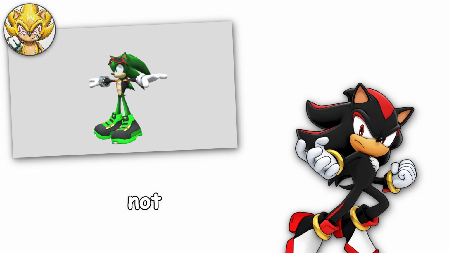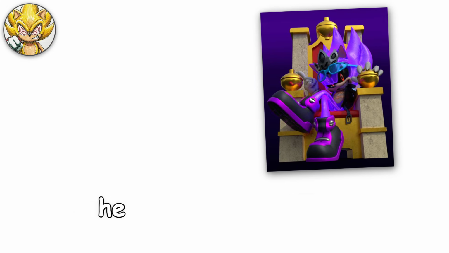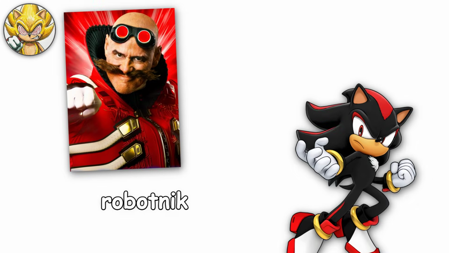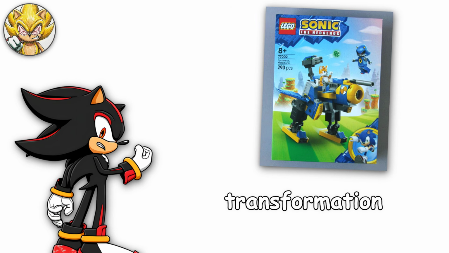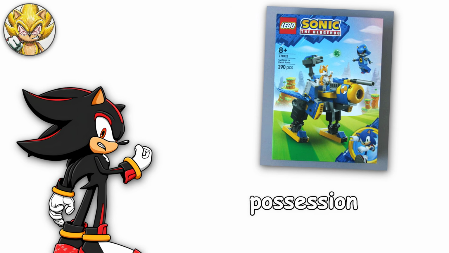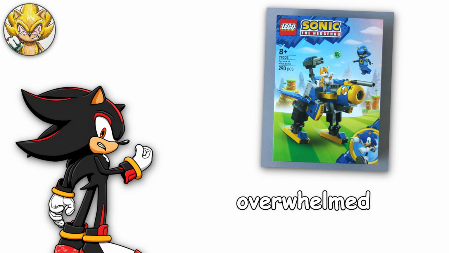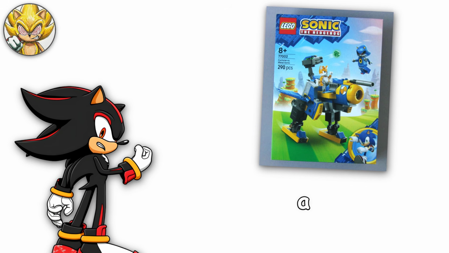Fleetway Supersonic does not protect. He destroys. He does not save civilians. He terrorizes them. He does not fight Robotnik. He fights everyone, including Sonic's friends, and the transformation from hero to monster is depicted not as a power-up, but as a possession. Sonic's consciousness overwhelmed by a golden-eyed maniac whose only desire is destruction on a scale that makes